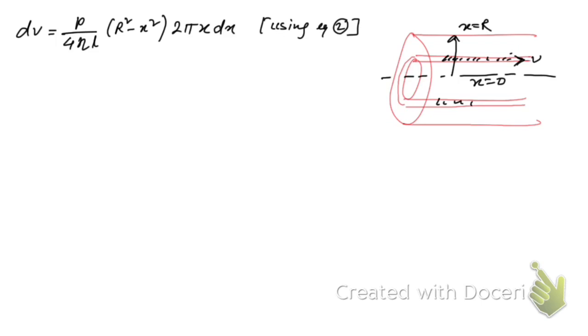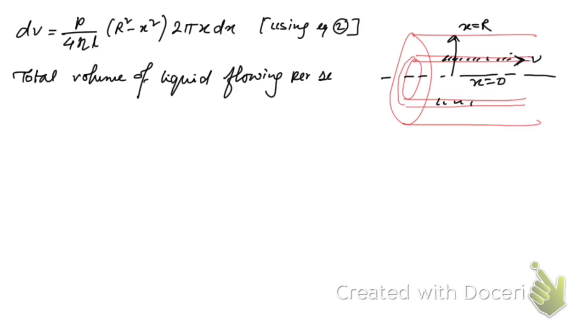Therefore, the total volume of liquid flowing per second through the capillary tube is,